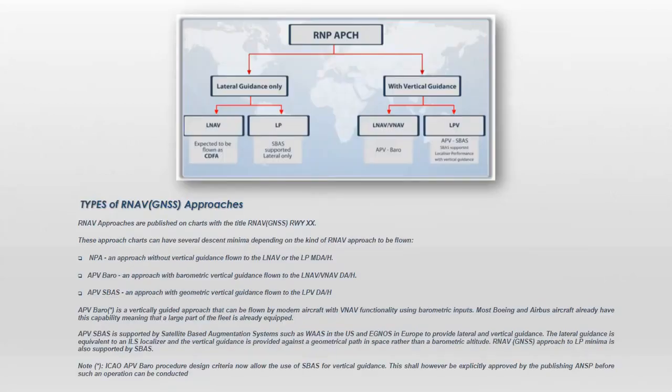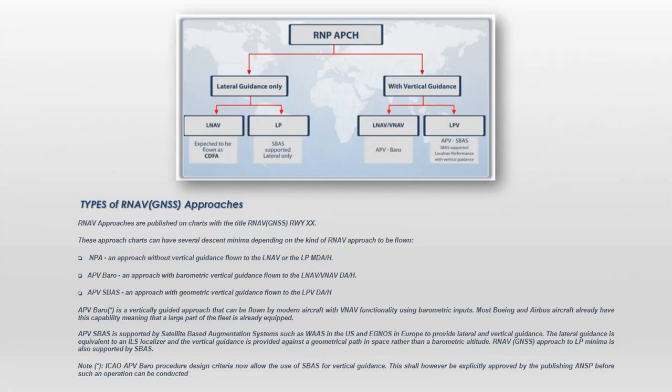Types of RNAV, GNSS approaches. RNAV approaches are published on charts with the title RNAV GNSS Runway XX. These approach charts can have several descent minima depending on the kind of RNAV approach to be flown. NPA, non-precision approaches: an approach without vertical guidance flown to the lateral navigation (LNAV), or the localizer performance (LP), minimum descent altitude, height. Approach with vertical guidance, APV BARO: an approach with barometric vertical guidance flown to the lateral navigation vertical navigation (LNAV-VNAV),